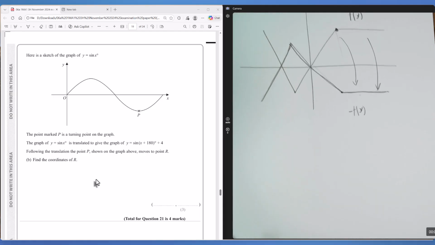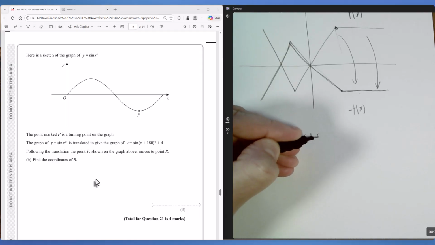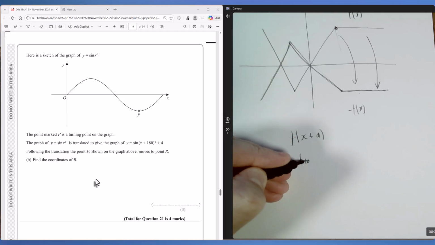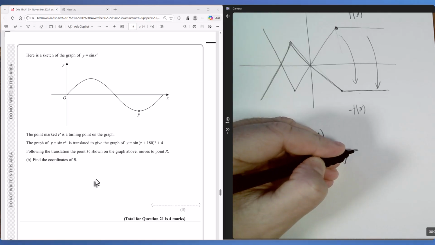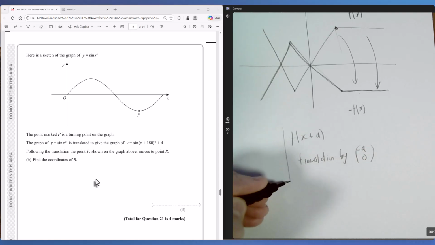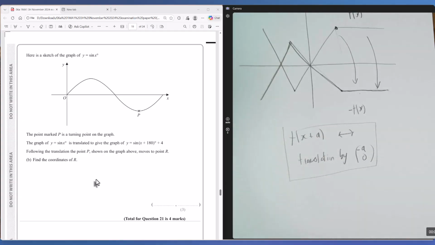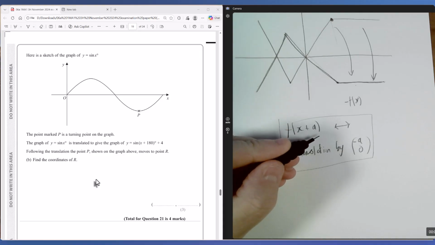So we've got two graph transformations. The first is of the type f of (x add a). Now this type of transformation is a translation by vector minus a, 0. So this type of graph transformation moves the graph to the left or right, and it goes in the opposite direction to what you would imagine. So if we've got add 180, then it means that this coordinate is going to move 180 degrees to the